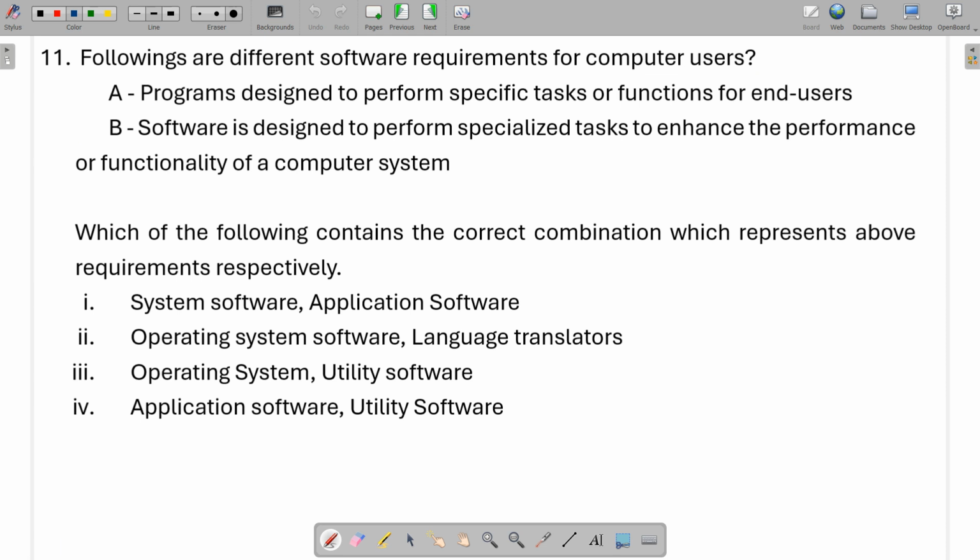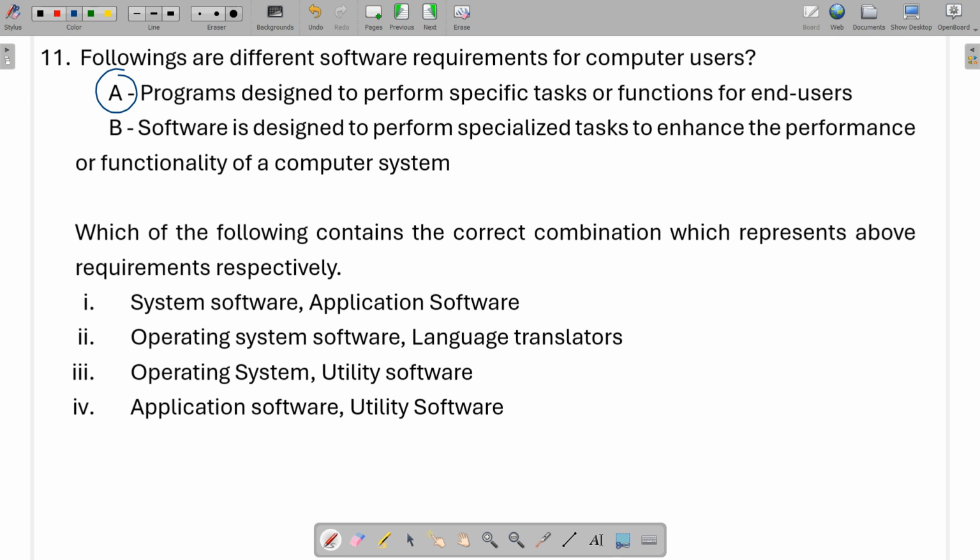Question number 11. Following are different software requirements for computer users. So they have given some software requirements as two statements, statement A and statement B. The question is asking which of the following contains the correct combination which represents the above requirements respectively. So requirement A is describing about